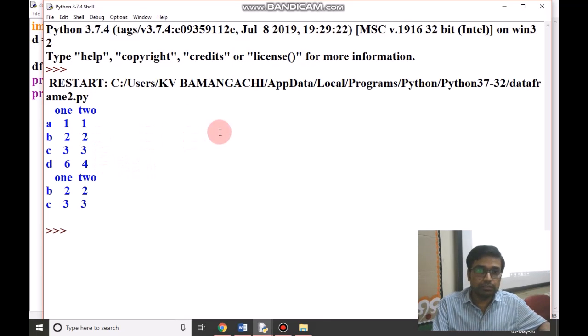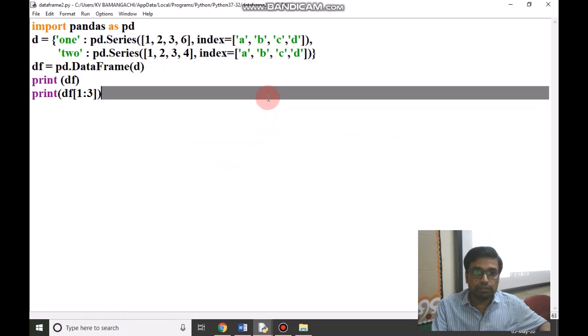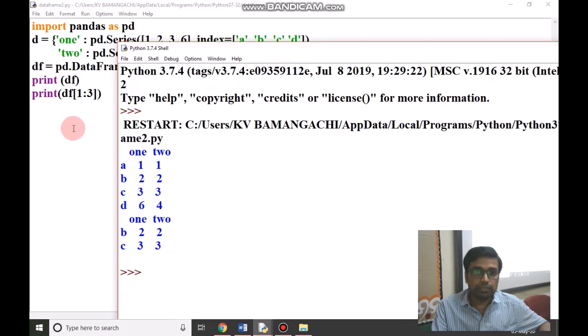you are looking here, we have printed the whole data frame which was obtained from the dictionary. We have converted the dictionary into a data frame. We have printed the whole data frame with columns 1, 2 and indexes A, B, C, D. Values are 1, 2, 3, 6, 1, 2, 3, 4. We have given df[1:3].